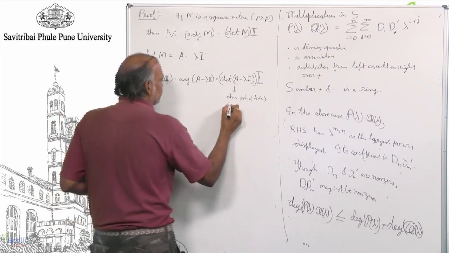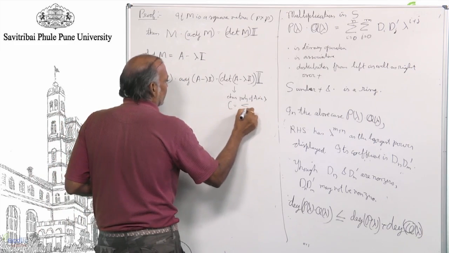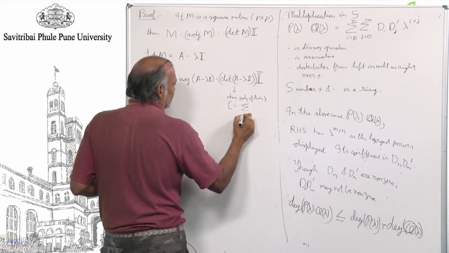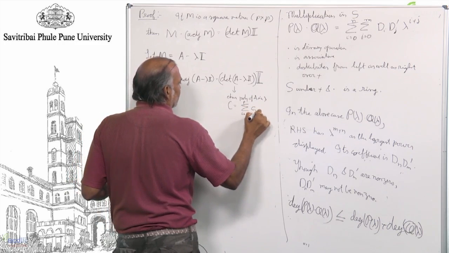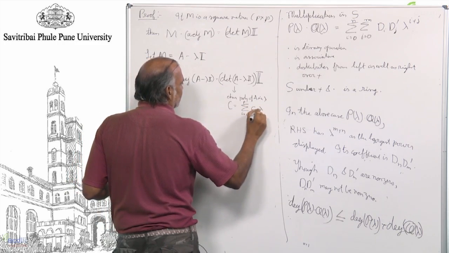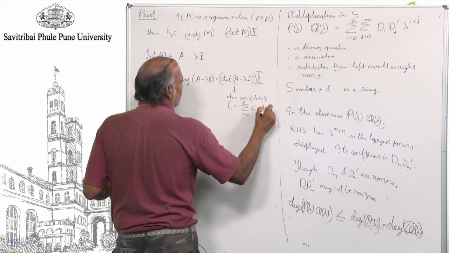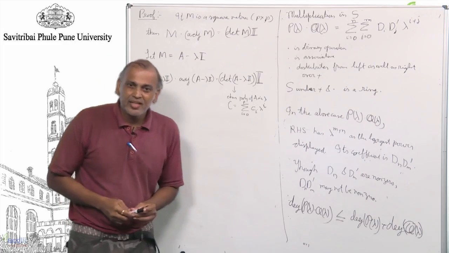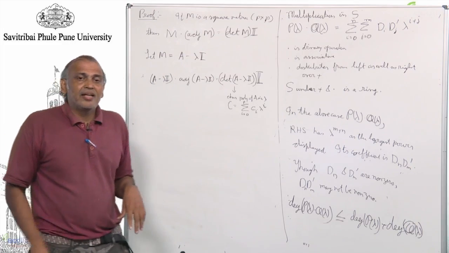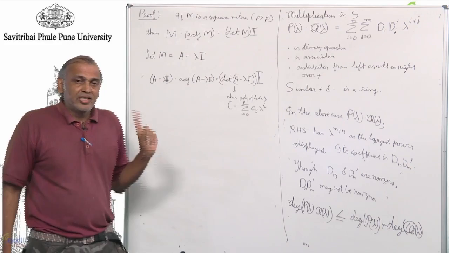Let me call this sigma over i equal to 0 to p, c_i lambda to the power i. Simply, it's a polynomial in lambda, and I forgot to mention right at the beginning, if you have a p by p matrix, the characteristic polynomial